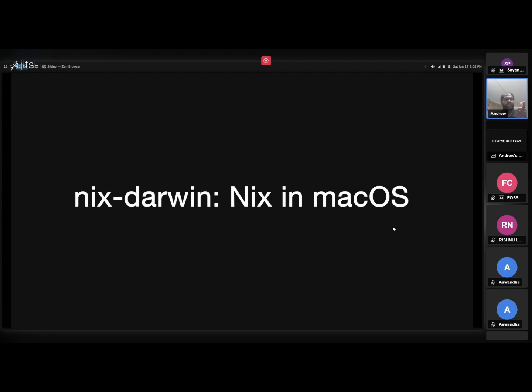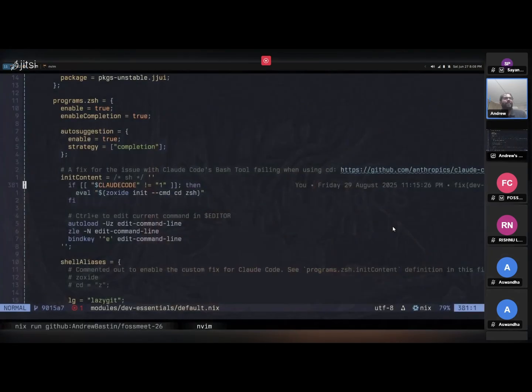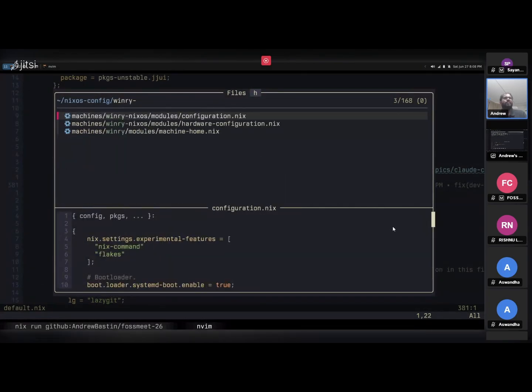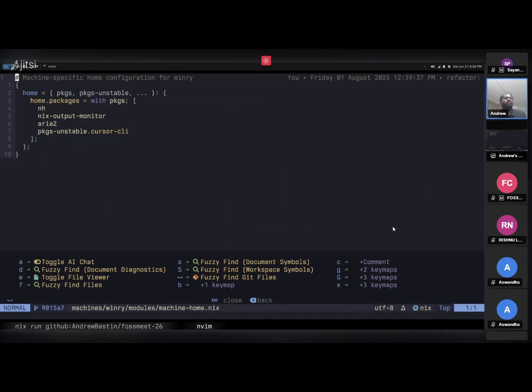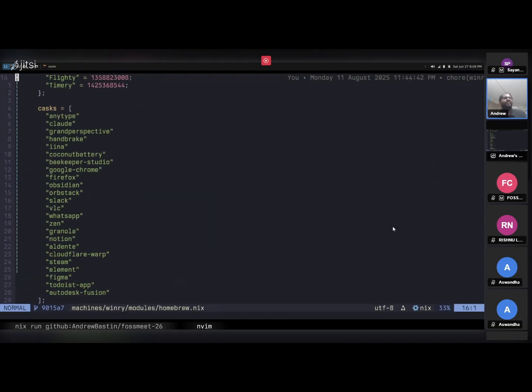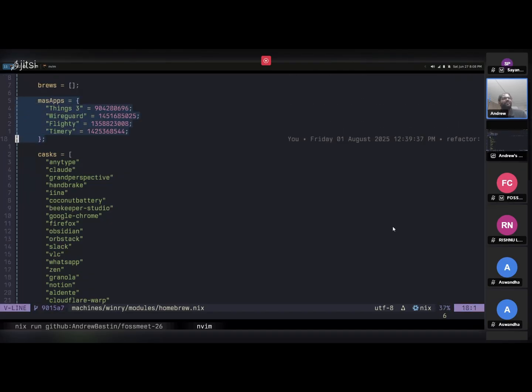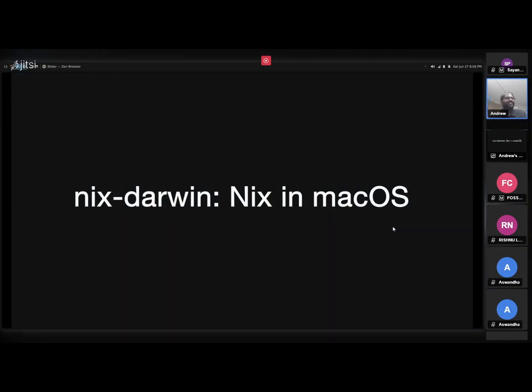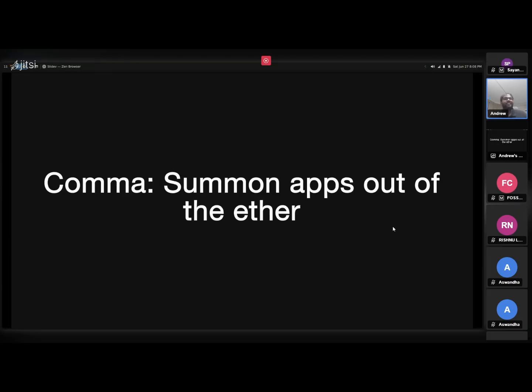You have seen it in the derivation. Then there is this project called nix-darwin where you can do the same thing. So I have a Mac as well, and everything my Mac does is in here, with Homebrew. So these are the Mac App Store apps that are installed on my computer. If I remove something from here, the app will actually be uninstalled. And this is a Homebrew cask that I installed. macOS is not as good as NixOS, but sometimes I had to use it for work. So I have that, but there also I can use Nix.